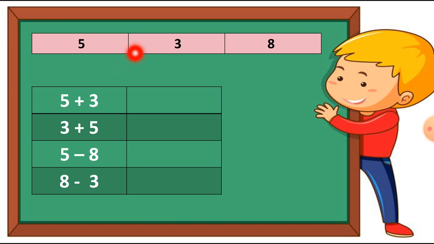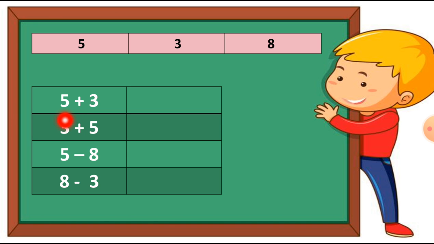The answer will come 5, 3 or 8. From these 3 numbers, the answer will come. There is no new digit that will come in this family. So let's see the example of this, students. First of all, let's take these 2 digits, which are 5 and 3. Let's do addition first, 2 times.